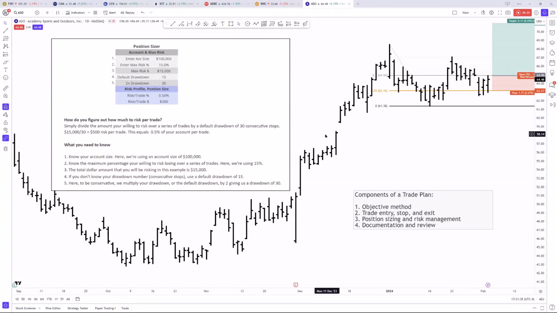If you bought and held the S&P, for instance, in the last 20 years, it had a drawdown of over 50% several times. So my comfortable number is somewhere around 10 or 15. Yours can be 7. You choose this. Once you come up with the number, it's basically, what can I afford to lose and still sleep at night and not stress over the trade. If you stress over each and every trade, we as traders tend to think in terms of only this trade rather than a series of trades.